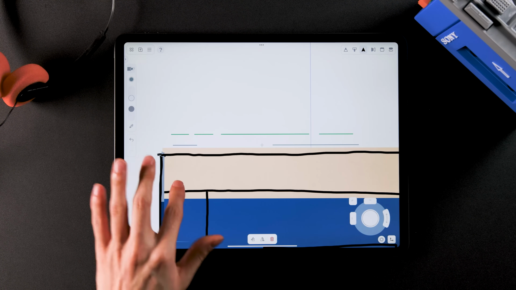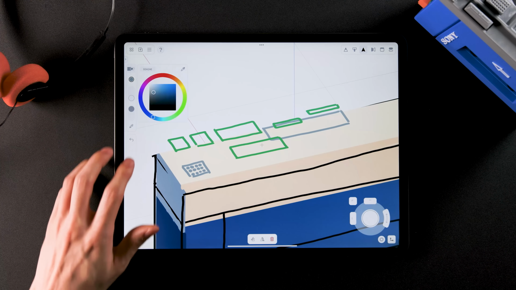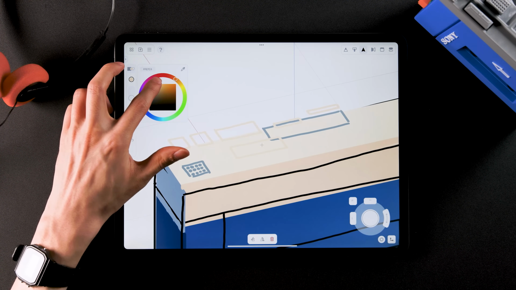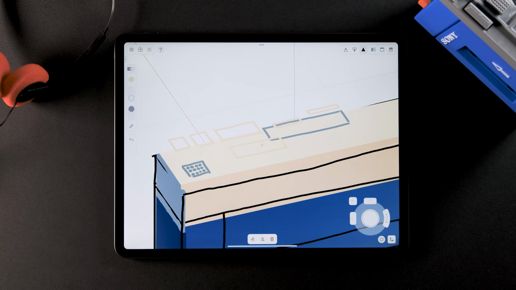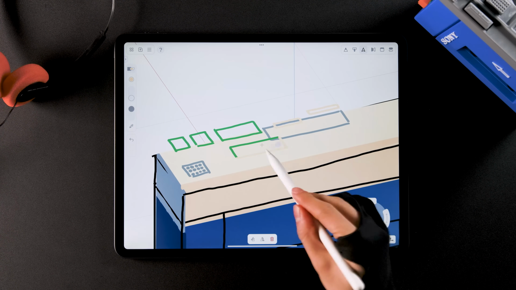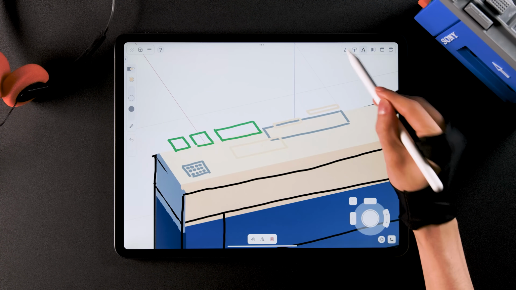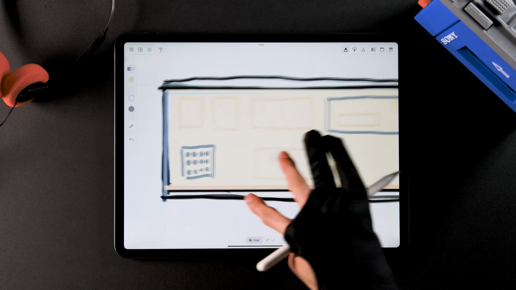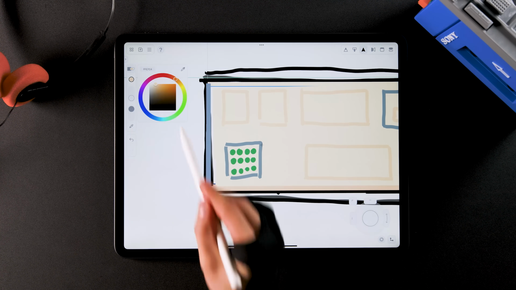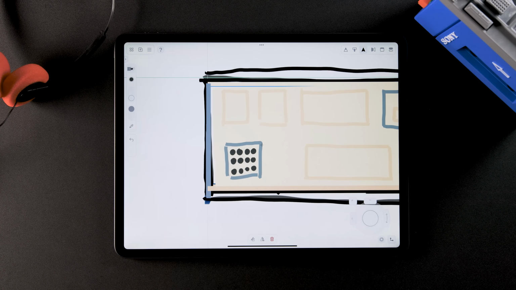Something else we can do with selected strokes is change their properties such as color. Tap on the color panel and adjust their saturation. To deselect them one by one, tap on the select icon again, or to deselect all at once, switch to another tool. This time, let's change these parts' color to black, so they look like holes for the mic.